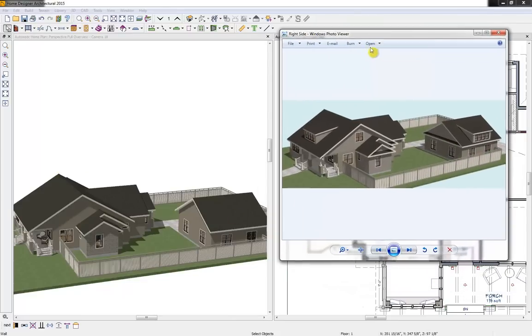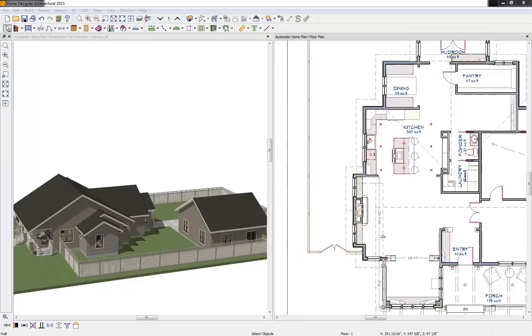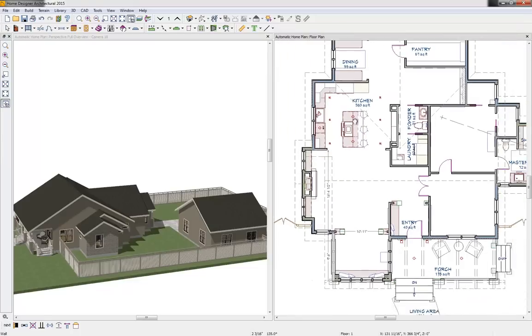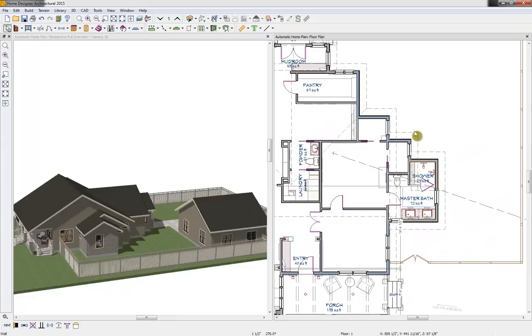We do need some automatic roof returns here though. We have a full roof return extending over the garage and over this front gable section. And then it looks like we have partial roof returns on these two walls. So we'll start with our full roof return. So we'll select this outer wall,